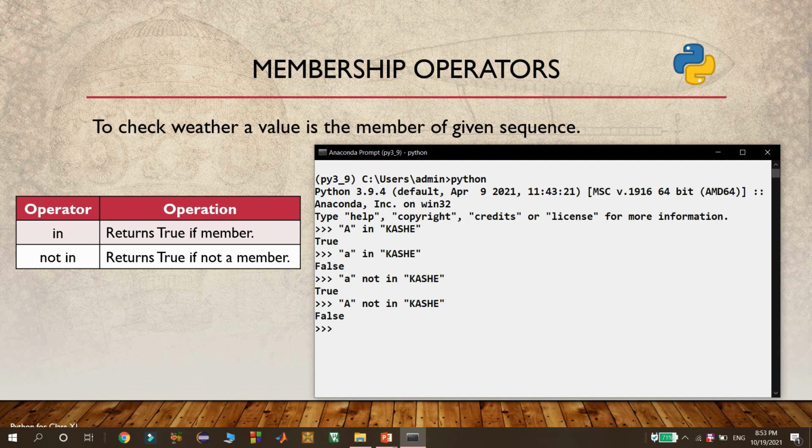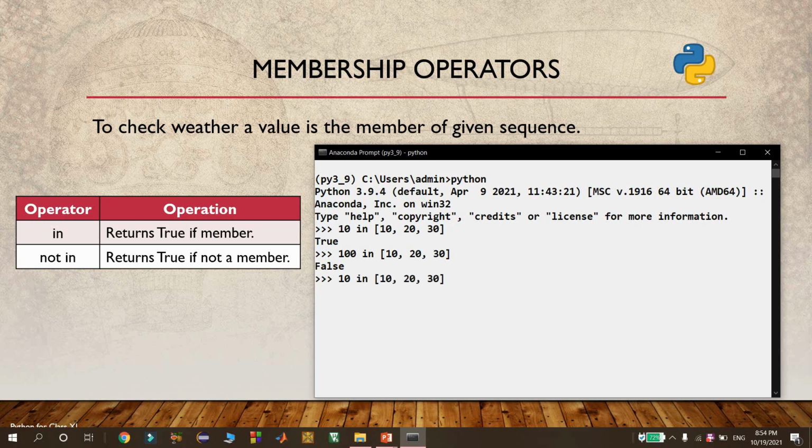Now I am considering the in and not in operators with a list as a sequence. I am considering the number 10 in a list which is having 10, 20, 30. We got true here because 10 is present in that list. If I consider 100 now instead of 10 with the in operator, then we got false because 100 is not present in the list.